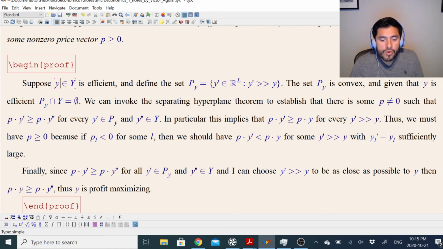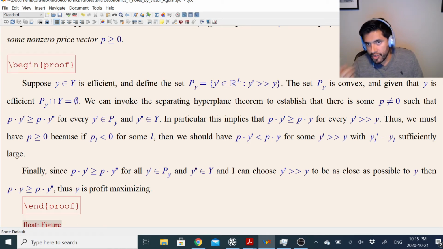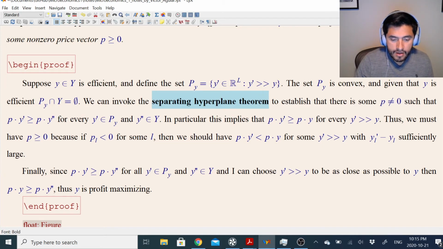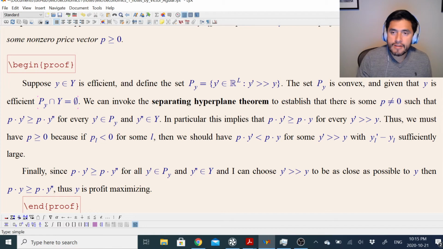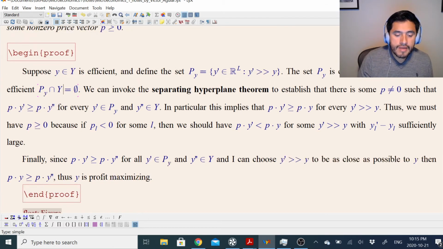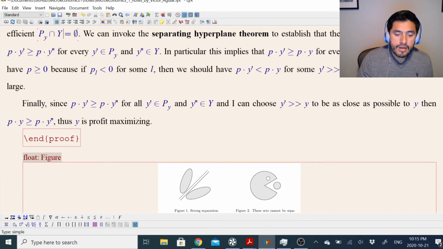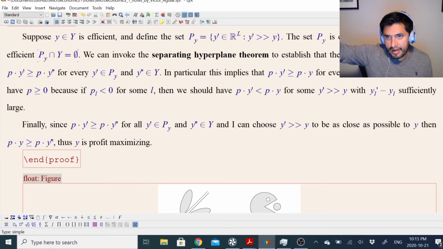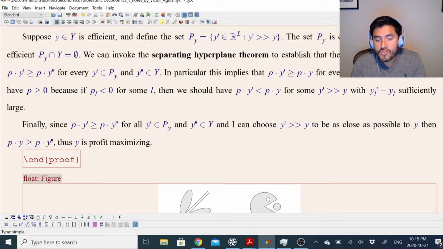Now we can invoke this theorem I mentioned to you. You can check in the mathematical appendix of Mas-Colell, it is called the separating hyperplane theorem. Okay, that basically needs three components. I need two convex sets. I need that the two convex sets have an empty intersection, right? And if that happens, then I can pass a line, which is the price, that separates them. Okay, and this establishes that there is some vector that is different from zero,